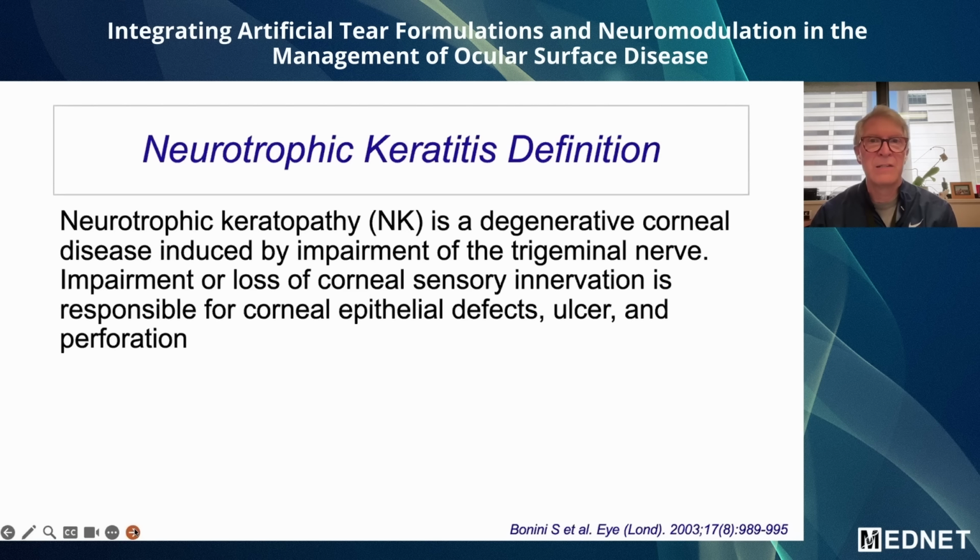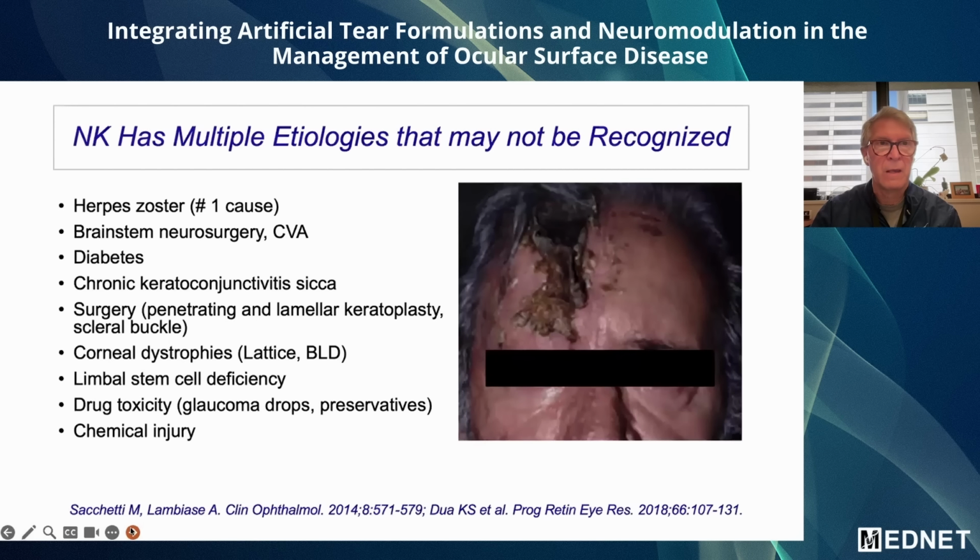Neurotrophic keratitis is a degenerative condition induced by impairment of the trigeminal nerve. Impairment or loss of the corneal sensory innervation is responsible for development of corneal epithelial defects, frank ulcers, and occasionally perforation. NK has multiple etiologies that may not be easily recognized. The number one cause, at least in one of the phase 3 clinical trials for a recombinant NGF, was